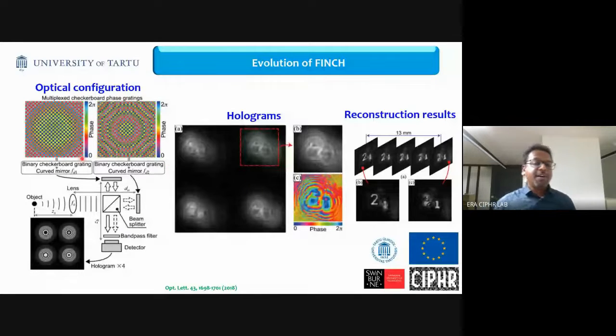So these attempts were made by Japanese researchers. I think this was done by Dr. Nobukawa. He created a multiplexed hologram, and he collected all the temporal shots with some spatial separation directly on the sensor. You can see these are the 4 phase shifted masks, and these are the holograms. So in a single camera shot, he was able to get all the 4 shots needed, and he demonstrated 3D imaging. But the problem was that in this process, he lost field of view, because the sensor cannot record larger holograms, which directly affects the field of view of the imaging system.